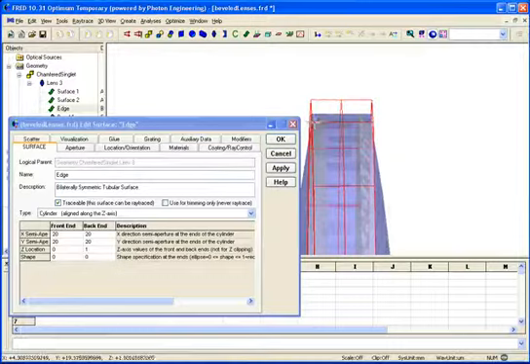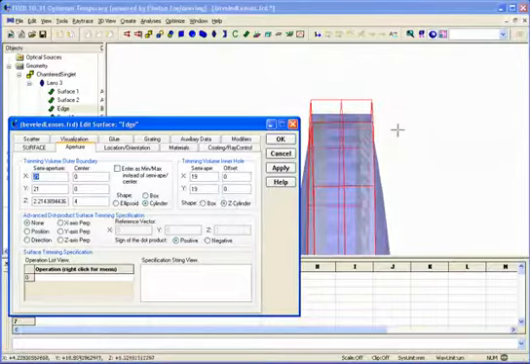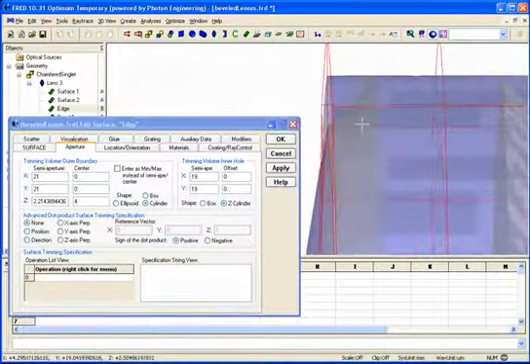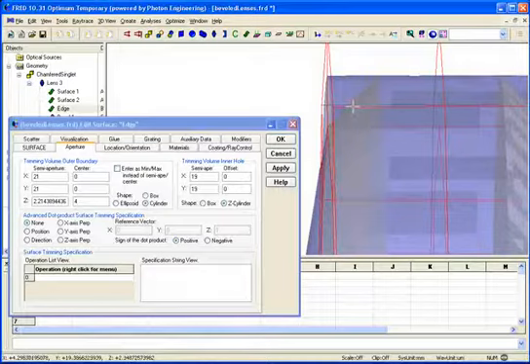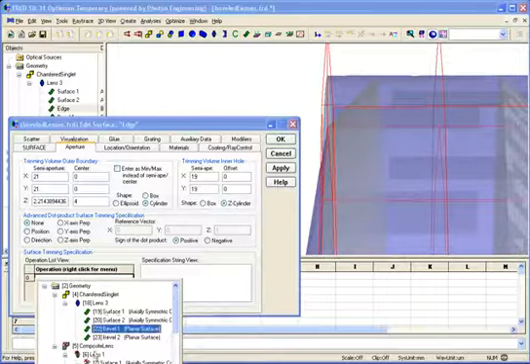So I opened up the edge surface dialog, and I'm going to go to the aperture tab, and we're going to enter some surface trimming specifications here. Now remember that by default Fred uses the surface normal Z positive as the direction in which I'm going to trim away a surface. For the cylinder surface here, if I zoom in, the surface normal for the first bevel is pointing down and to the right on the screen. So that's Z positive. So if I enter here, select entity, bevel 1,